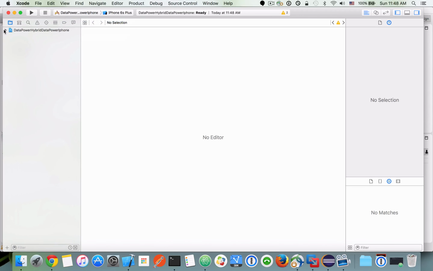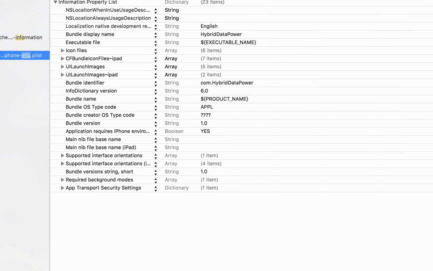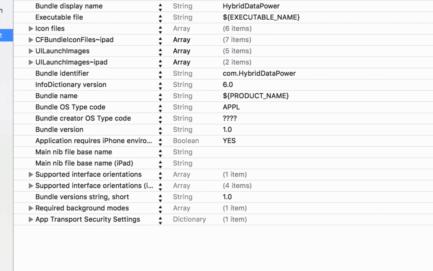A couple of things to note, because we are using a self-signed certificate, which by default will not be supported by the iPhone for two reasons. The first reason, we can work around by looking at the info plist. The info plist has app transport security settings, and what I want to do here, I know that this is a self-signed certificate,